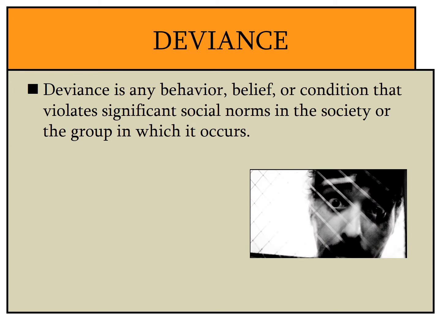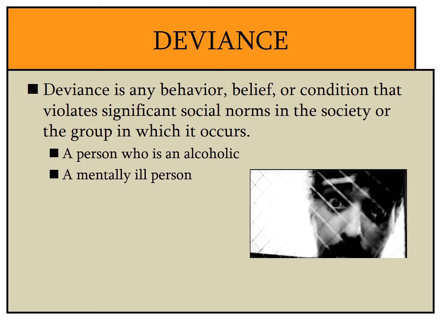All right, so let's go into the first objective, and that is to define what deviance is. As you see here, deviance is defined as any sort of behavior or belief or condition that violates a social norm. It goes against a norm, whether it's an informal norm or formal norm within our society. And remember, we talked about what norms are within chapter 3. So when you violate these norms, you are being deviant.